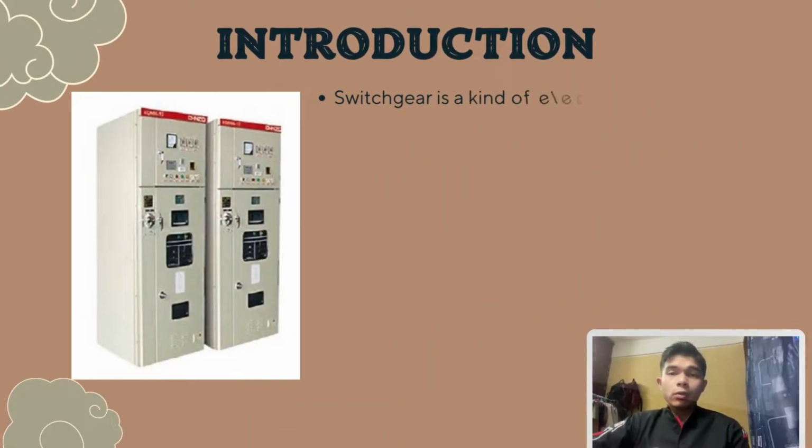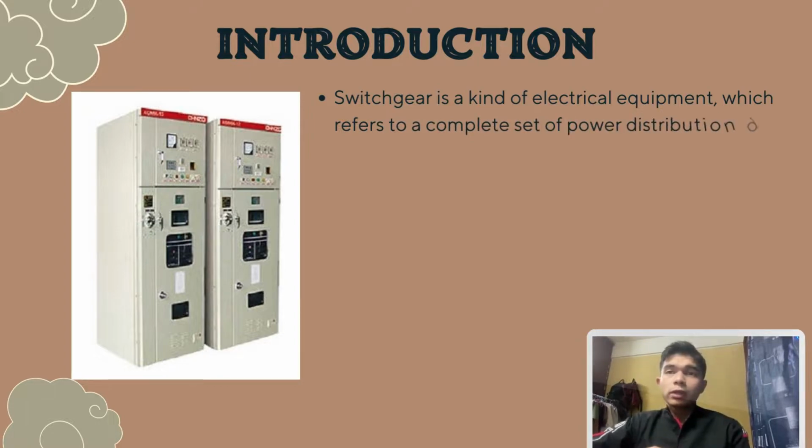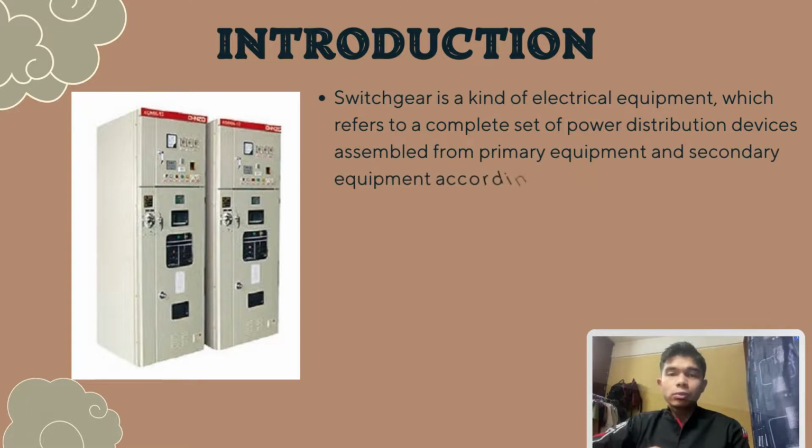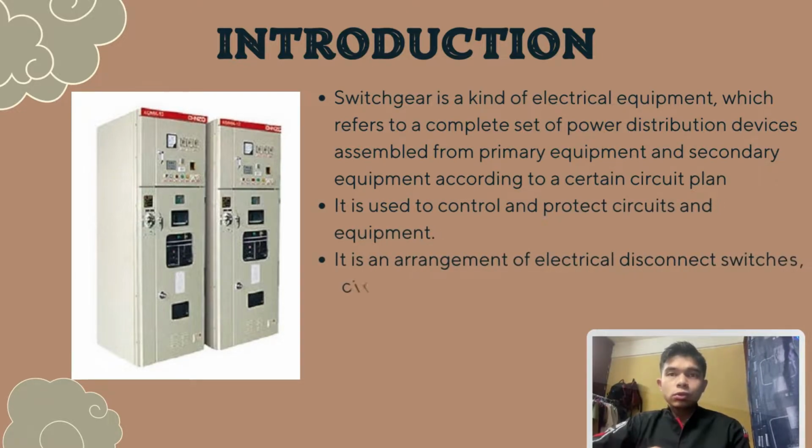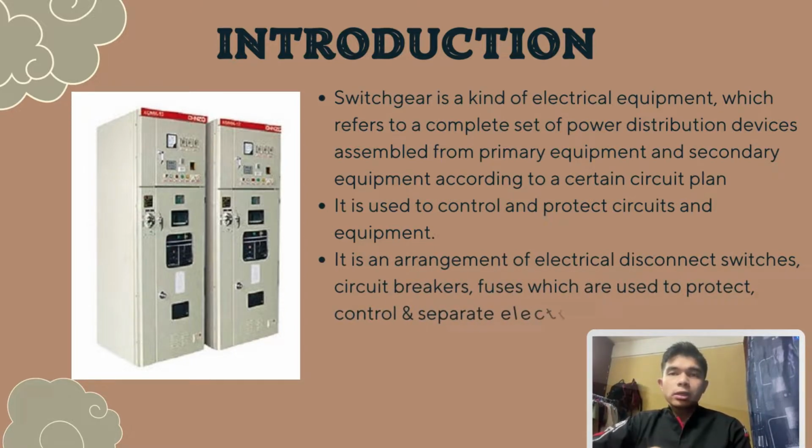Introduction. Okay, now what is switchgear? Switchgear is a kind of electrical equipment which refers to a complete set of power distribution device assembled from primary equipment and secondary equipment according to a certain circuit plan. It is used to control and protect circuit and equipment. It is an arrangement of electrical disconnect switches, circuit breakers, and fuses, which are used to protect, control and also